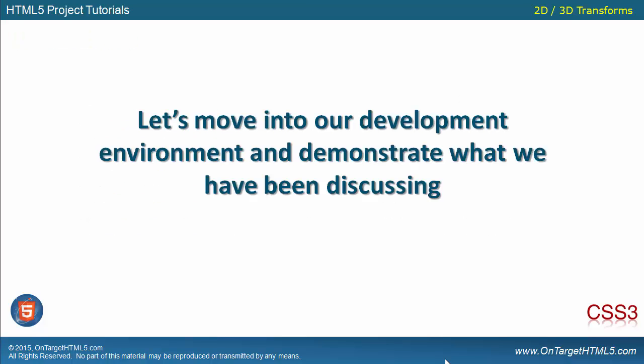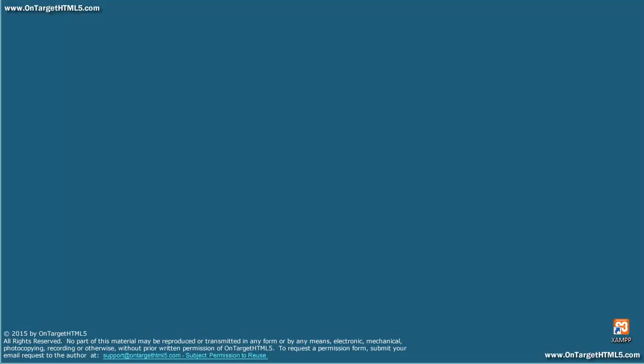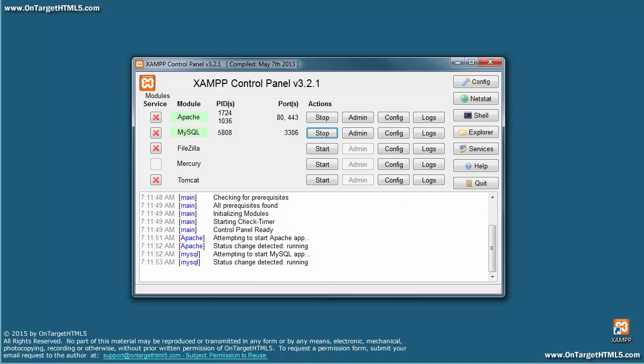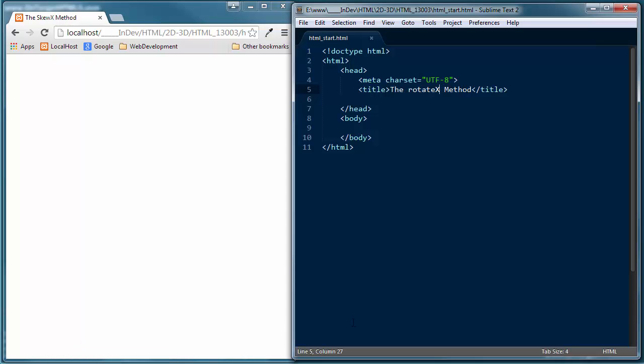And so let's go ahead and move into our development environment and demonstrate what we've been discussing in our presentation. All right, so let's go ahead and drop out of our presentation and get into our development environment. I'm going to confirm that we've got our Apache server up and running. I'm going to go ahead and bring up Google Chrome, which will be the browser I'll be using for this demonstration, and my Sublime Text 2 text editor. And I've already got my start file loaded, my